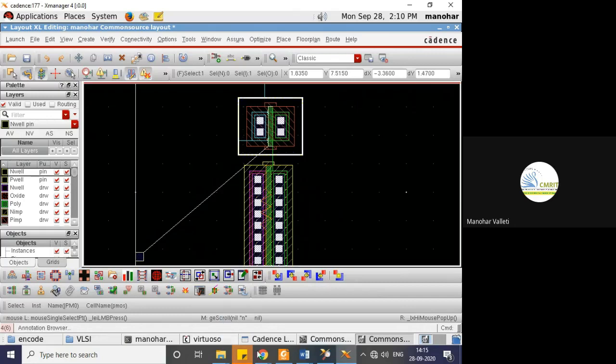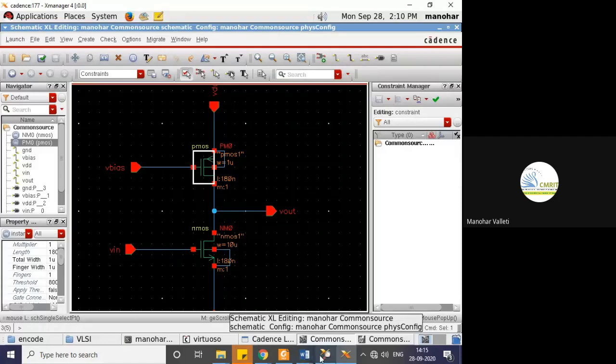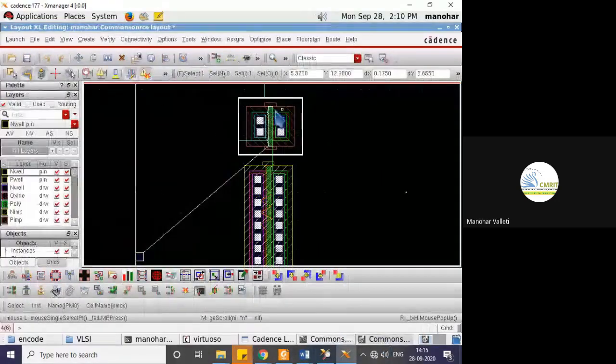Three terminals. I just want to replicate this. Here the PMOS substrate has to be on top, and the NMOS substrate has to be at the bottom. To identify the substrate, it is easy if you show the substrate in the layout diagram.